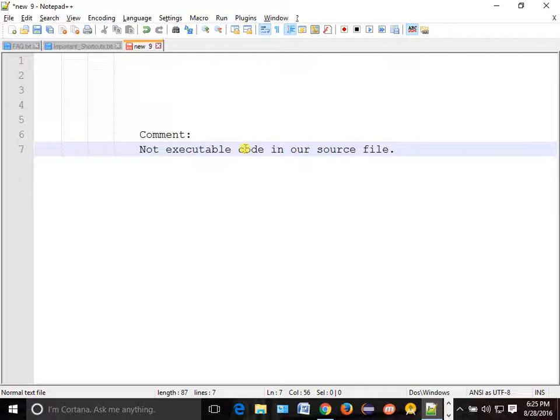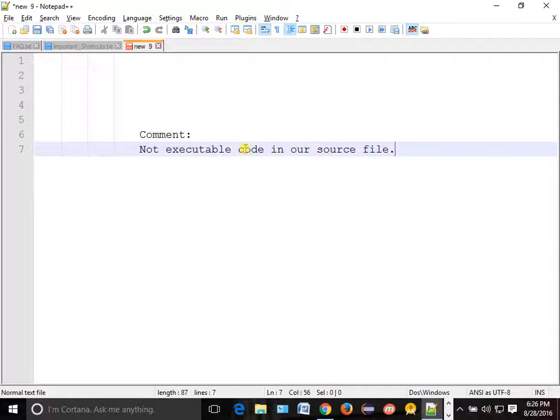Then why do we use comments? So that people can refer to those comments. You are writing the code, and somebody else will use your code. They will not know why you have written that method or those variables. But it is best practice that if you give a comment, then new people will be able to understand very easily. Now how to give a comment? It is exactly the same as C++.